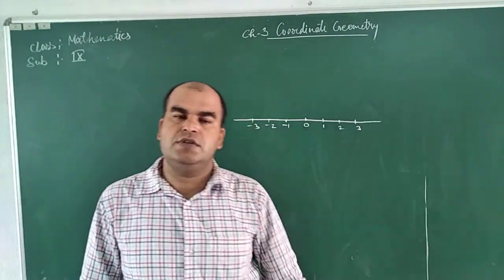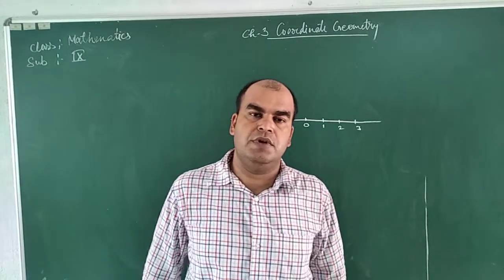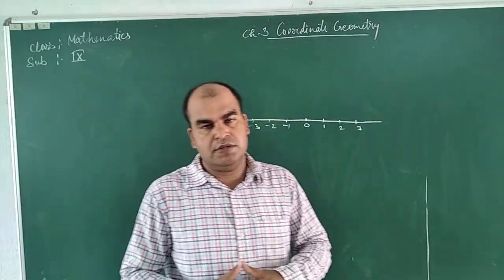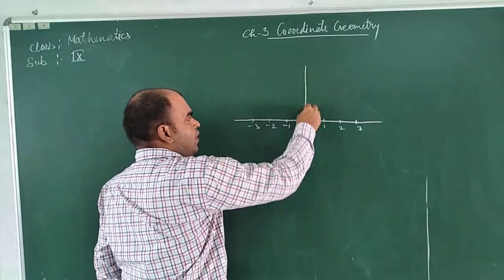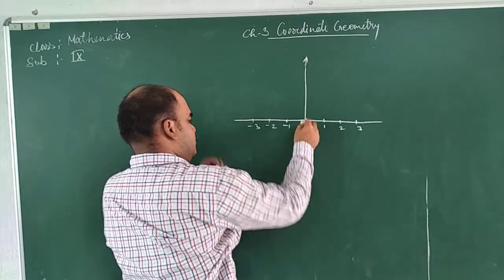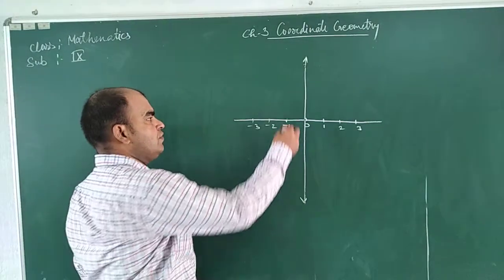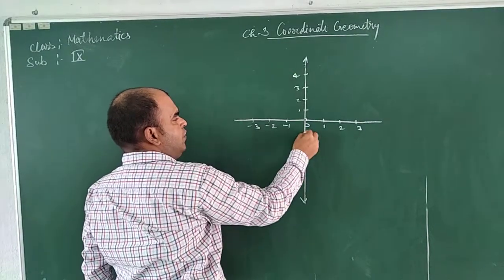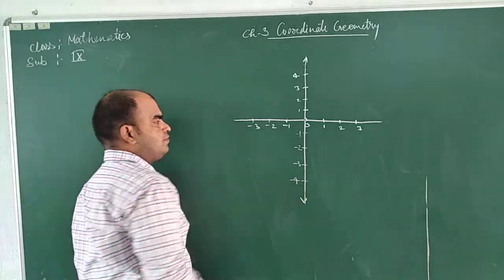You can remember one question was given in class 6 NCERT in the first chapter, in which the number line was given vertical also. Most of you were confused then about how that is possible. We also discussed that a number line can be vertical. So if at the same point we draw one vertical line, this is the 0 point, with positive numbers upward and negative numbers downward. So you can write 1, 2, 3, 4, and similarly here minus 1, minus 2, minus 3, minus 4.